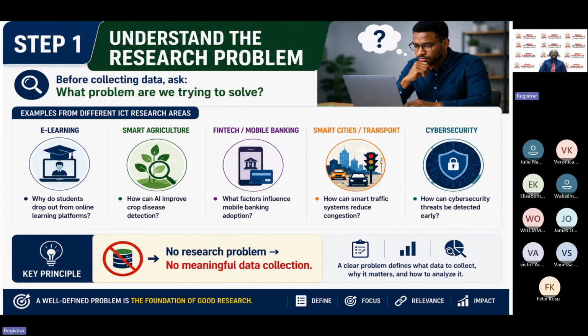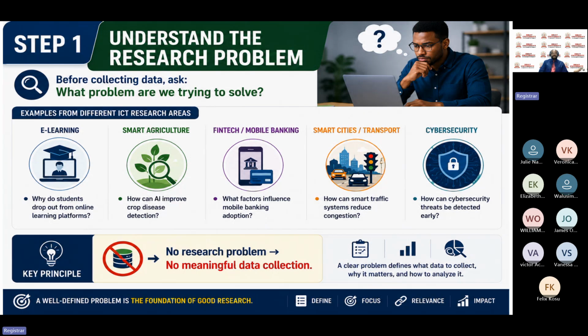Suppose you are studying e-learning, which we explained more. Why can we do a research problem? Why do students drop out from online learning platforms? Is it less engagement or the 4 quadrants of e-learning? Because I explained in my last session what the 4 quadrants are: how the class is delivered, how the class is assessed, how the interactions happen, and what opportunities the students get to submit their coursework and assignments. So this is assessment. In these 4 quadrants, what is missing? What motivates the student? Is it good classes, the quality of the video sessions, the quality of the content,